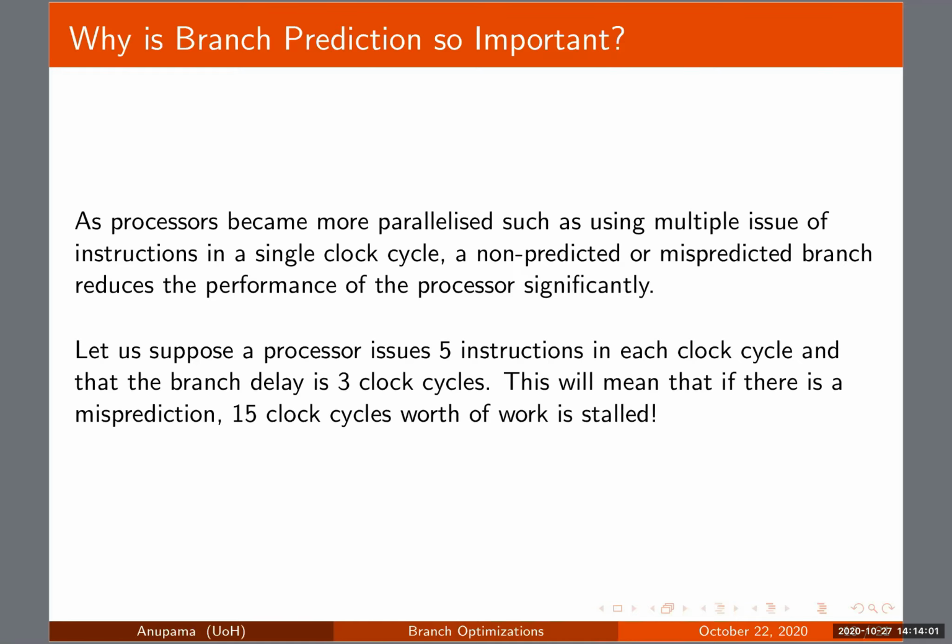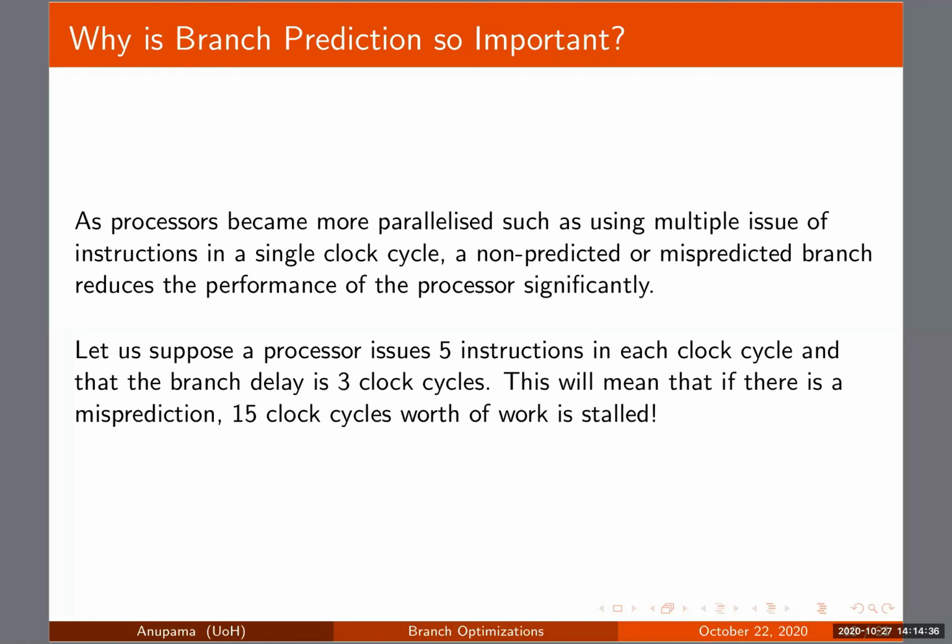If our branch prediction is not taken, then in that case also we'll be getting instructions from the next sequential instruction. So all such instructions which we fetch will be wasted. Now in every clock cycle, we are fetching 5 instructions. So if you have a branch delay of 3 cycles, then you have 15 instructions which have been fetched and moved into the decode stage, and so on. So a lot of work is wasted,